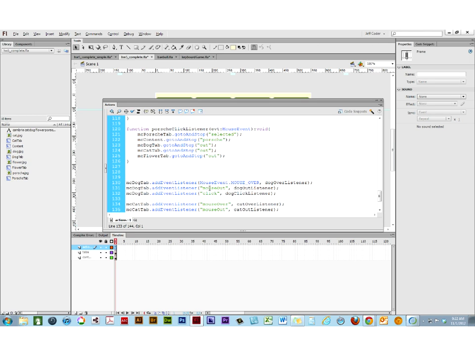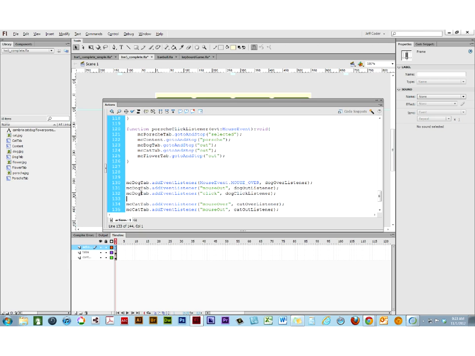Then we have the tab listening for the mouse out when you roll off of the tab, and then it triggers the dog out listener, which puts the tab on the next state, so it's a